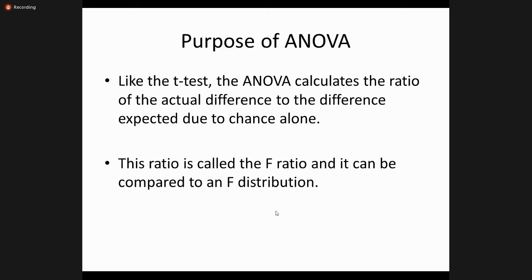So when you calculate your F ratio, you see where it stands and where the actual p value is defined, either more than 0.05 or less than 0.05. So basically you calculate the F ratio from the ANOVA calculations.